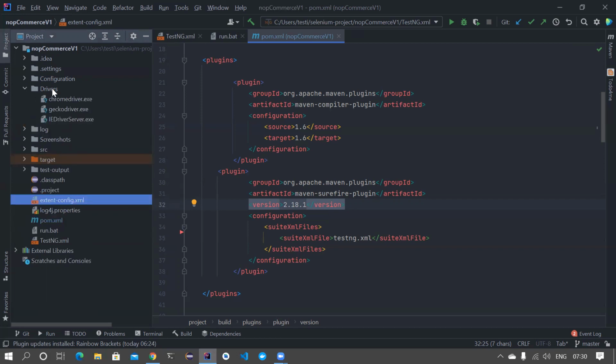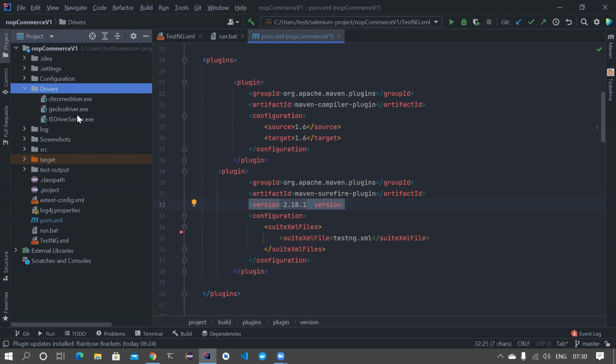Again, I think this drivers folder is really called executables. I don't know why they have named it drivers, because executables is more readable. Also, something is starting with capital letters and something is starting with small letters. They should follow some convention, because suppose I want to create a new folder in the project repository. As a newcomer, I don't know whether I need to use a capital letter or a small letter, because here they have used small letters and here upper case. So this is a little tricky.